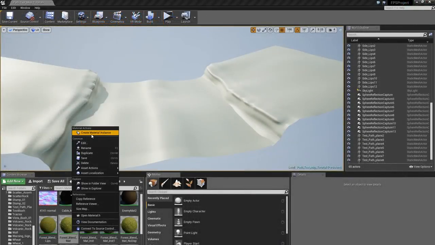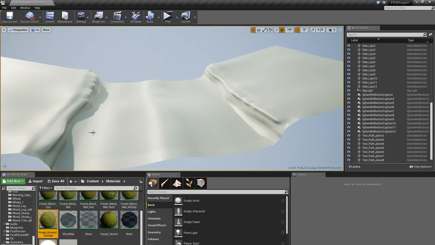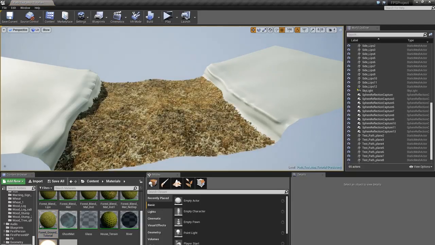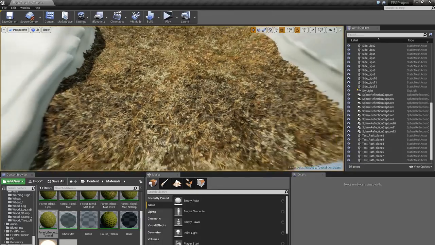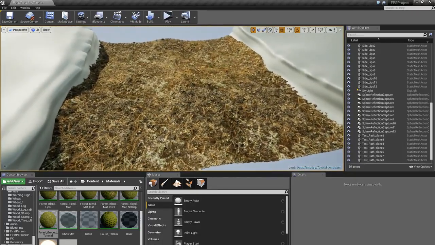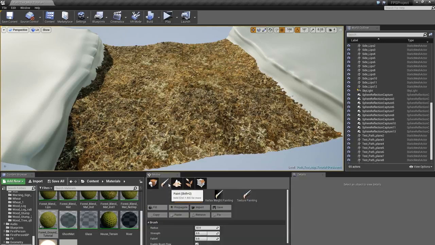So I'm just gonna make a new material instance and call it Forest Ground Tutorial. And I'll just assign it here. So right now there is not a lot of blending going on at all. Well, there is no blending going on. So what I want to do is I want to open up the Vertex Painter here,